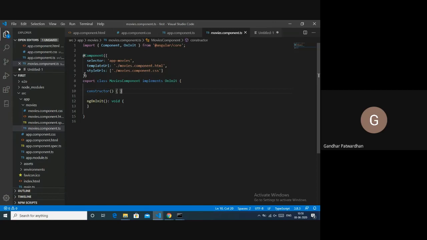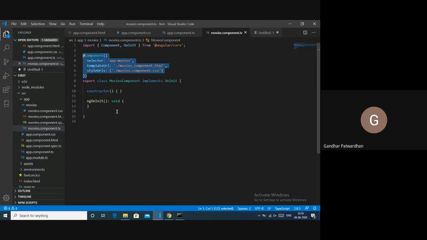Then you have your annotation or the decorator, which is the @Component decorator. Now in this decorator, you have a selector which is app-movies. Then you have a template URL which specifies the HTML, and then you have a style URL which specifies the CSS, which this particular component, that is MoviesComponent, would be using.